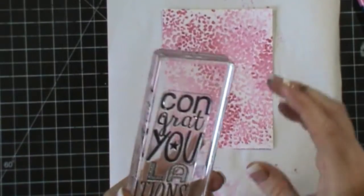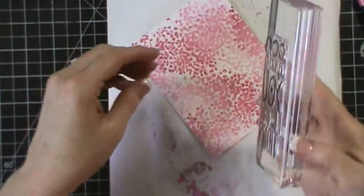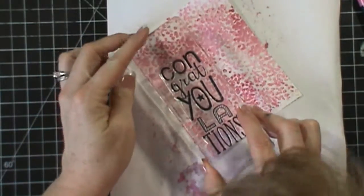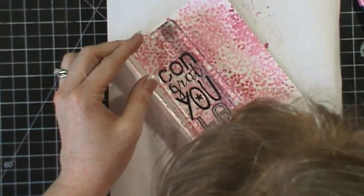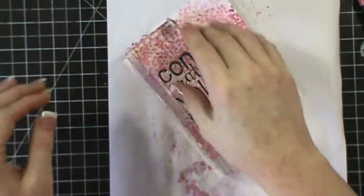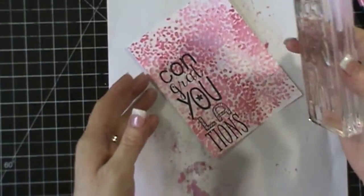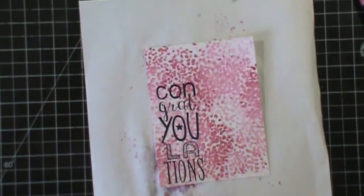So now I've inked that up, and what I'm gonna do is turn this just so I can get it on here straight how I want it. I'm putting it right here in the corner. I don't think that's perfectly straight, but it will do. So we're almost done with this